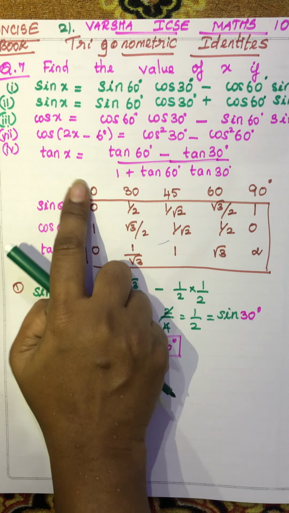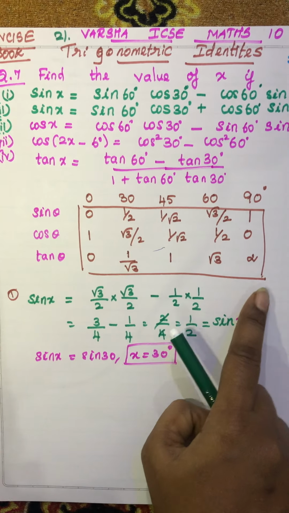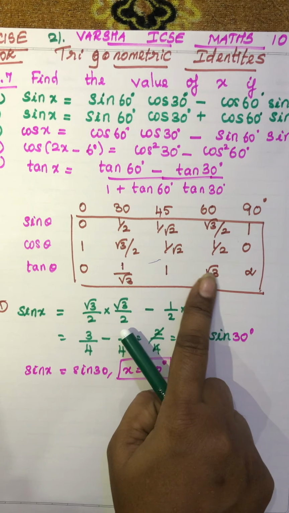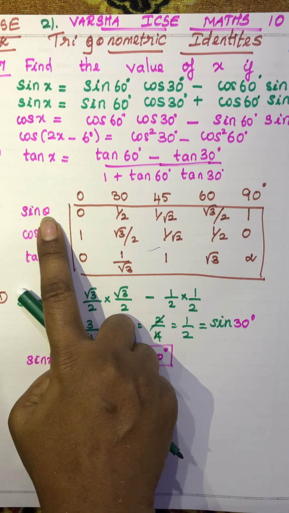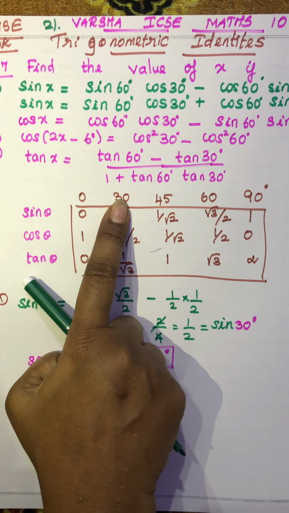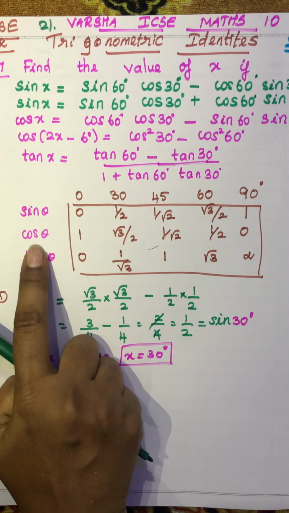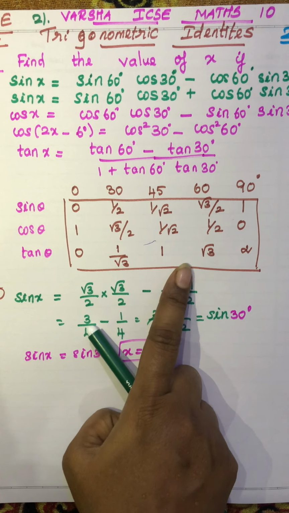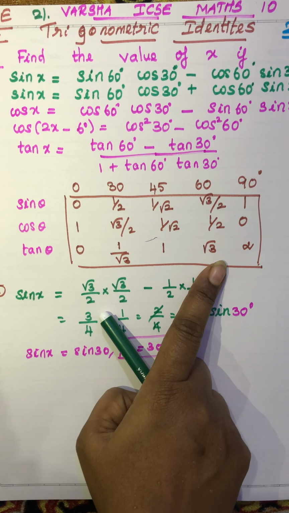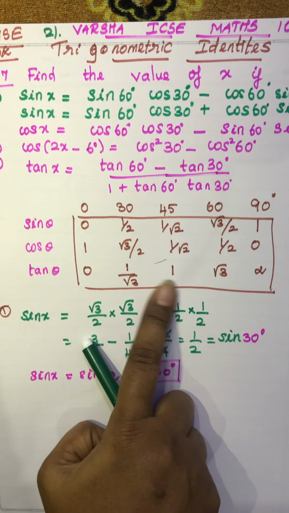Okay, so now go to the sum. Before doing this type of sum, you can write the values. If you write your values, then this sum will be the easiest one. Sine 0, 30, 45, 60 and 90 degrees: sine, cos, tan. If you write all the theta values, this will be an easy one. I think you have to memorize them, or you can write them with the sum.